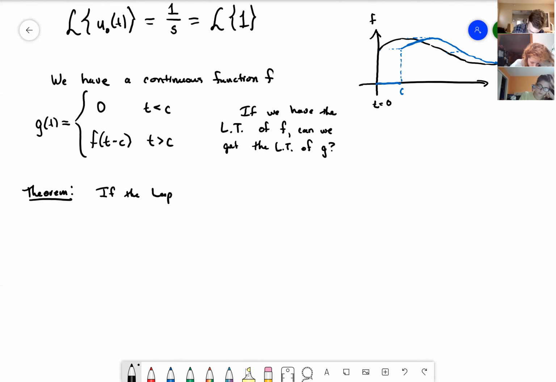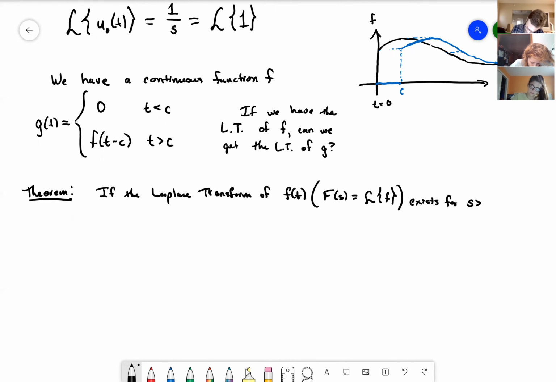So if the Laplace transform of f of t, which we'll write as capital F of s, the Laplace transform of f, exists for s greater than a, and if c is some positive constant, so that's the amount that we're shifting it to the right by,